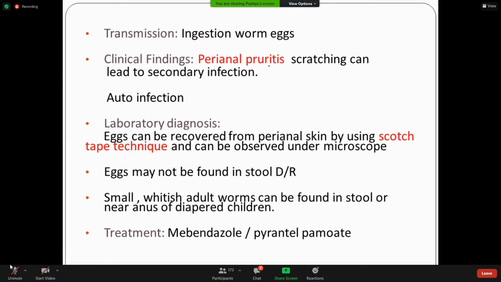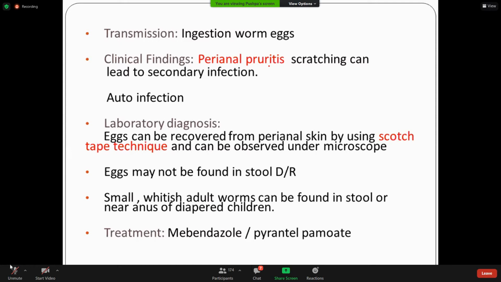enzymes that will cause extreme itching. So there is perianal itching. So why perianal? To understand this, you have to understand the life cycle of this worm. What happens when the female hatches the eggs? What happens is, this female, after mating, at night time comes out of the anus and deposits its eggs